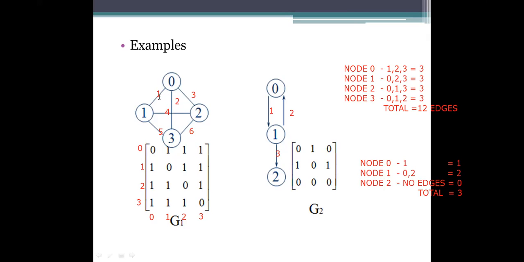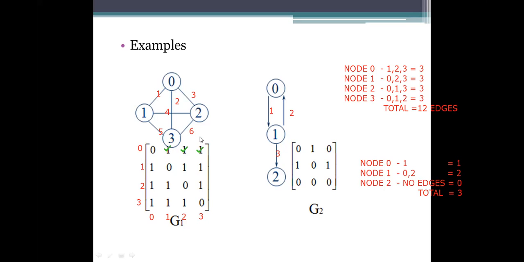Is the 0 to 1 connection there or not, is the edge there or not? Yes, it is there. Then what we are doing, we are filling the value here with 1. And coming to the next one, 0 to 2, is the edge there or not? Yes, it is there. Filling the value with 1. And is the 0 to 3 edge there or not?